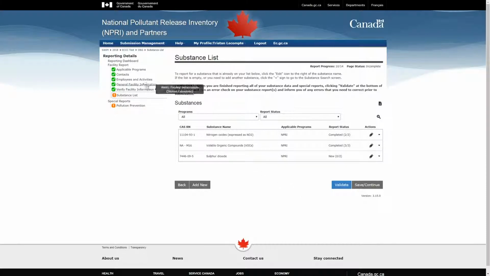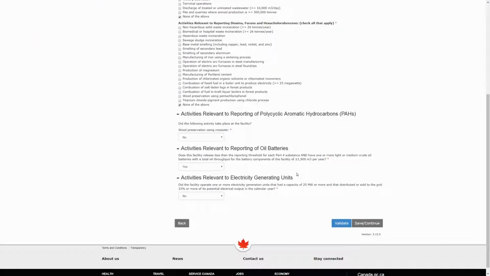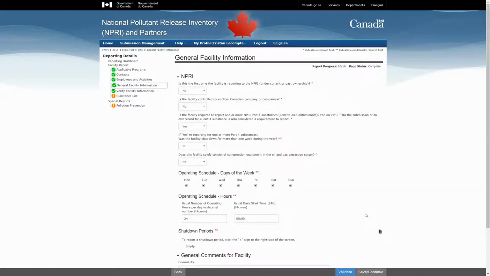In the Employees and Activities section, you will see a new question that reads, "Does this facility release less than the reporting threshold for each Part 4 substance and have 1 or more light or medium crude oil batteries with a total oil throughput for the facility of less than 1,900 cubic meters per year?" If you're reporting for a Case 5 facility, you must select Yes from the drop-down menu under this question and then click Save/Continue. In the General Facility Information section, you will see a new question that reads, "Does this facility solely consist of compression equipment in the oil and gas extraction sector?" If you're reporting for a Case 4 facility, you must select No from the drop-down menu under this question and